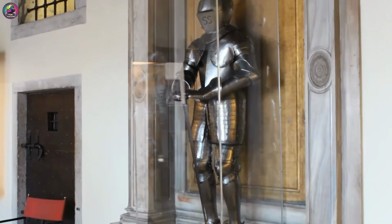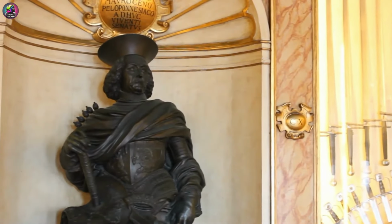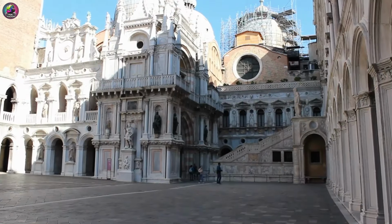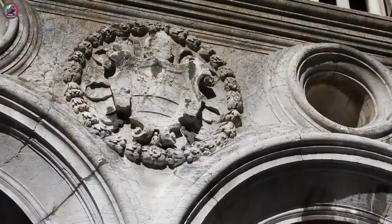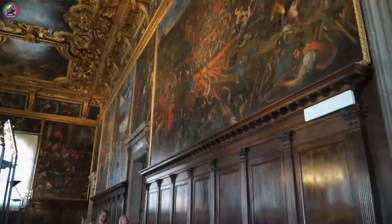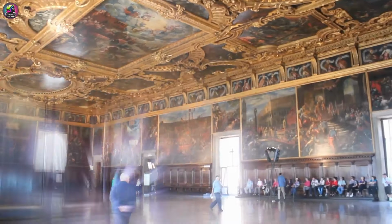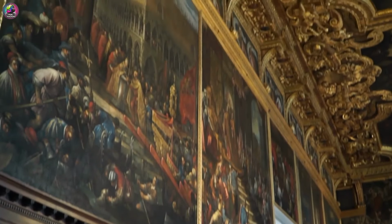Now let's set sail to the romantic city of Venice. Here we find the Doge's Palace, a stunning example of Venetian Gothic architecture. This former residence of the Doges, the highest authority in the Venetian Republic, served as the seat of government for centuries. Its elaborate facade, adorned with intricate carvings and pink marble, reflects the wealth and power of the Venetian Republic